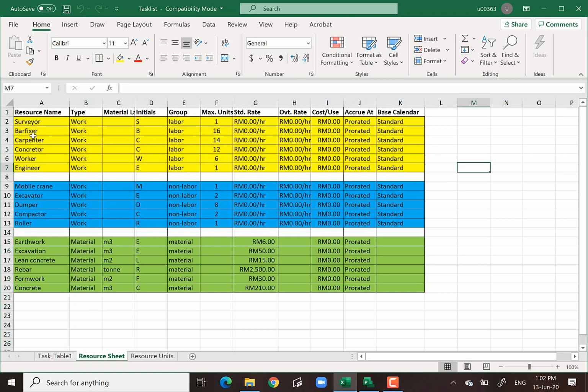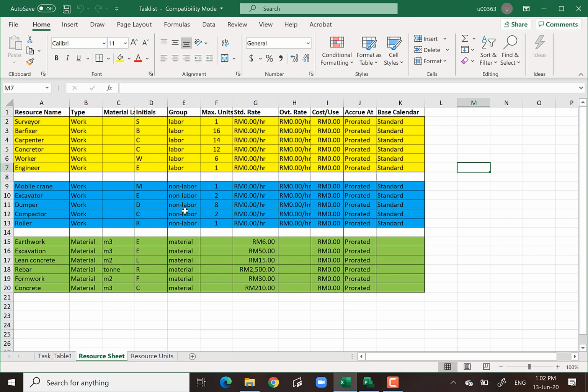Remember, you see, I do have different color here. The yellow one indicate manpower, and then I do have list of machinery, and then I do have list of material. Okay, I can input into